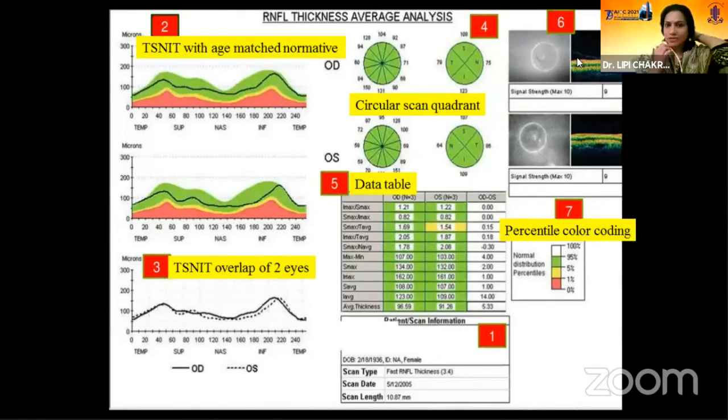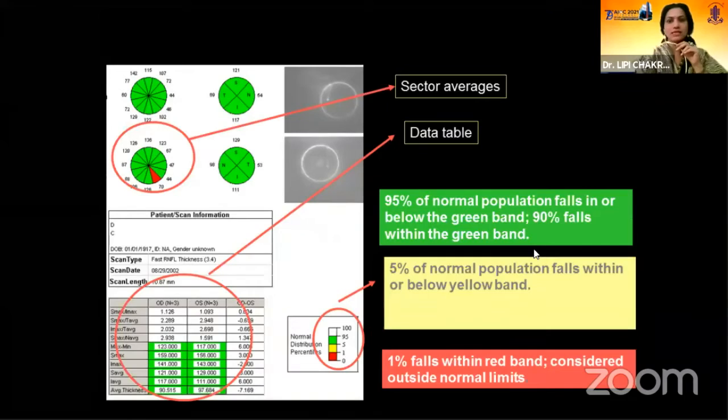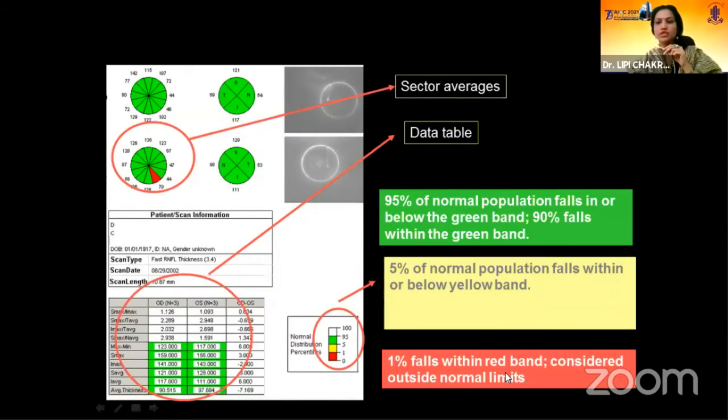This is RNFL thickness average analysis, various zones. Second zone is TS-NIT with age-matched normative. Third is TS-NIT overlap of two eyes. Fifth is data table, and seventh is percentile color coding. This is known to us, percentile color coding. 1% of normals fall within the red band. So this is considered outside normal limits for most of the population, but we should remember that 1% do fall